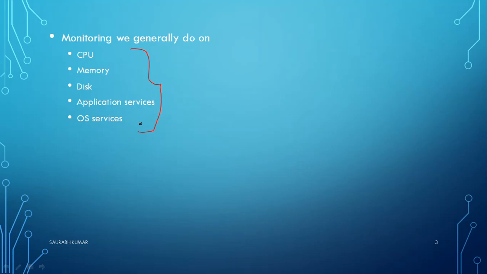For example, if my processor utilization is always 1% or 2%, or my RAM utilization is 1% or 2% all the time, what does it mean? I am wasting my resources. I have paid a lot of money to have those resources, but I am not able to utilize them. If you have a virtualization platform, you can make another machine utilize the remaining resources.